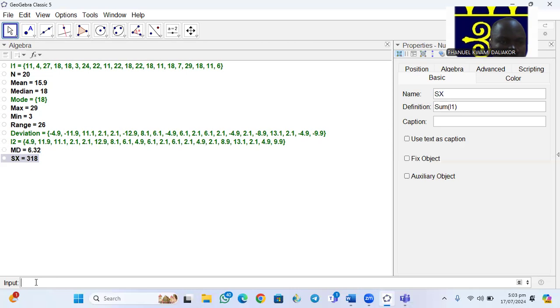And now we can also have summation of x squared. For our x squared, we can have L1 raised to the power 2. Okay, that's summation of x. So we move on to